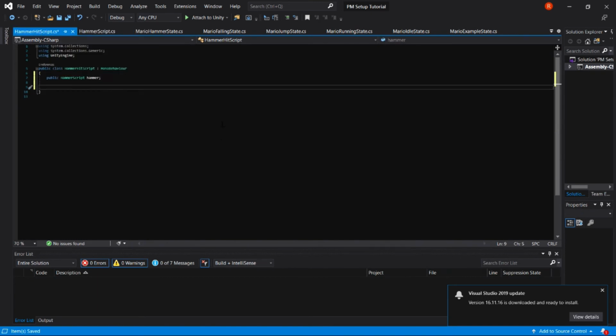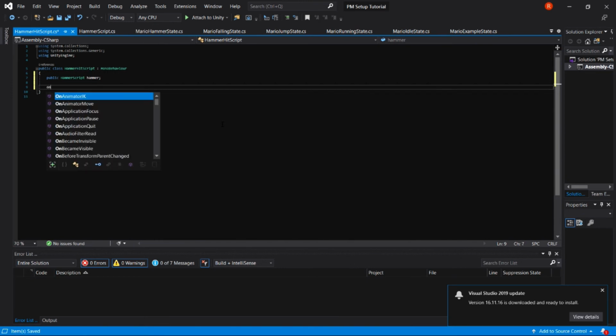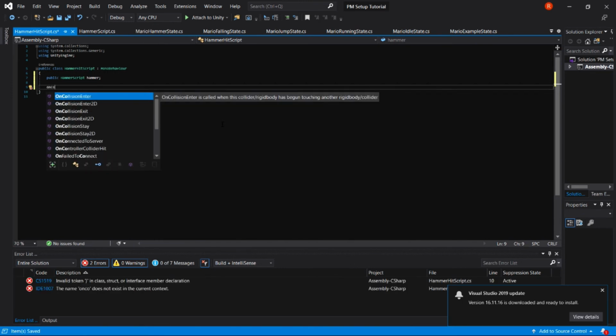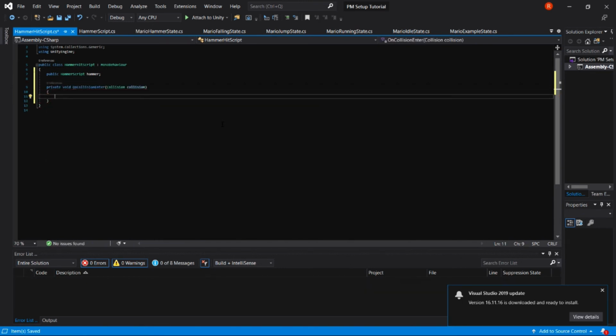And we're going to start typing OnCollisionEnter, and then you can press enter and it should finish it for you. OnCollisionEnter is called by a collider whenever it collides with something. So we're going to put this on our collider objects, and then whenever they hit something, it'll call this function. So whenever we hit something with our hammer, and we've actually bumped into something